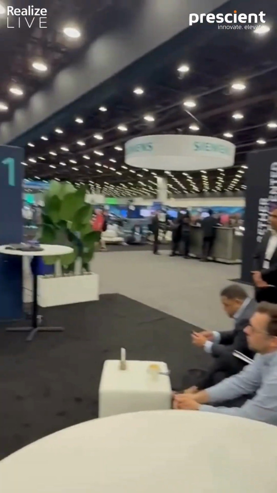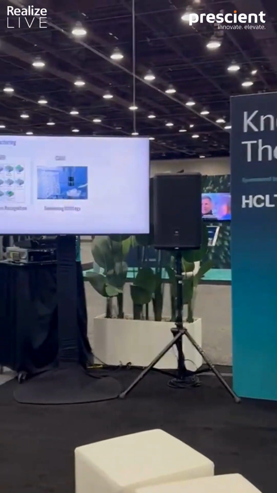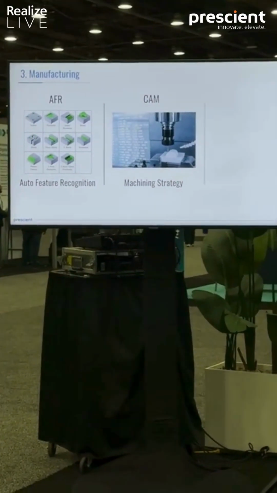Similarly, first of all, one is about finding out the features, and second is about deciding the strategy. So what should I do first, and what should I do second? What is my plan to go about machining a particular product? That is something AI generated now. One of our customers is already having this. We're working with them very closely.